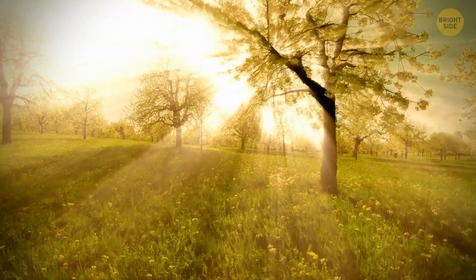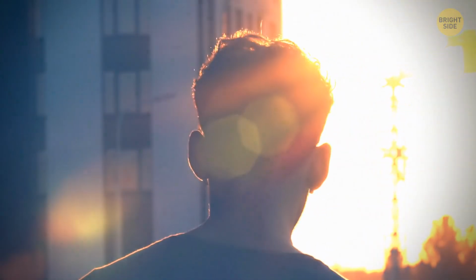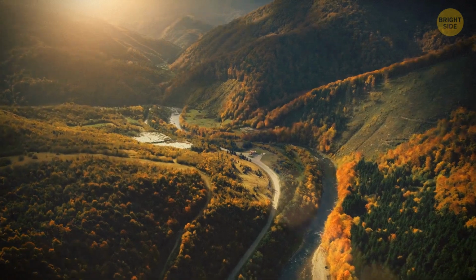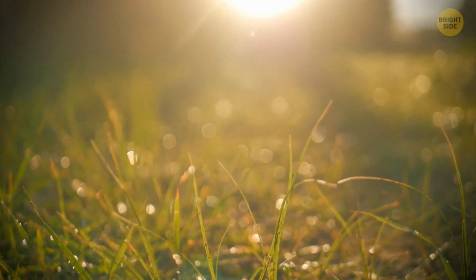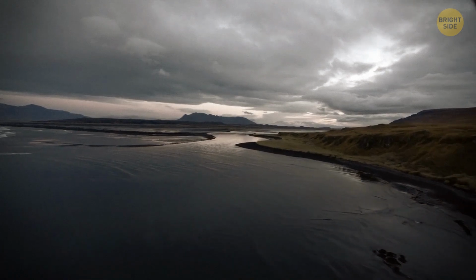The Sun's rays will feel even more intense than usual, which will make it extremely unsafe for anyone to go outside. The heat produced in the core is responsible for recycling the carbon that goes back to the surface. Now, recycling would stop altogether. Carbon is an essential part of carbon dioxide that plants need to survive. So all the trees and plants on the surface and in the water would stop growing and wouldn't be able